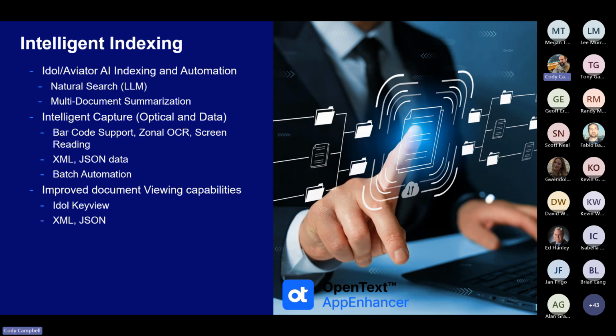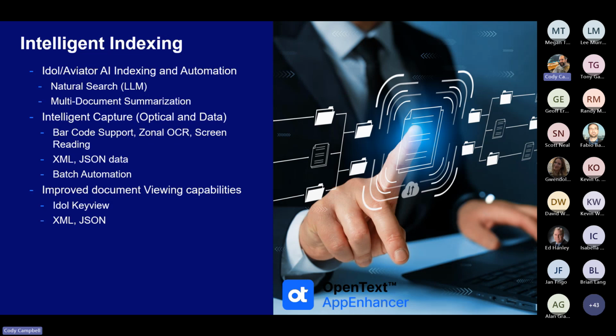Certainly possible. And so that's something we want to be able to do, is automate the way that we do batching. We've got our batch management, we can drop a bunch of documents in, but maybe we can drop it in a folder or create a batch that does a little more, reads some content and puts it into the system automatically, or maybe even reads the content and does a lot of auto indexing. We've got some ideas that have been brought up that are really good about how we can automate some of the bulk imports to the system to make it a little bit easier to read files and pull metadata out of file names rather than out of index and import text files.